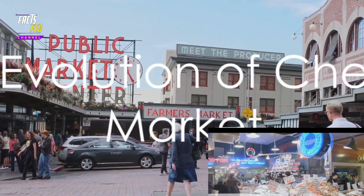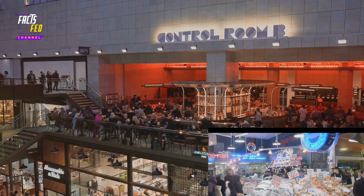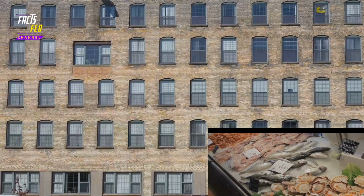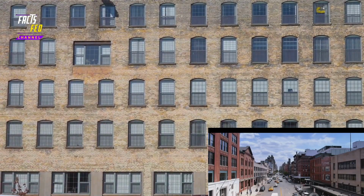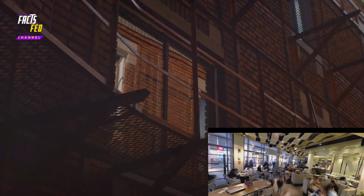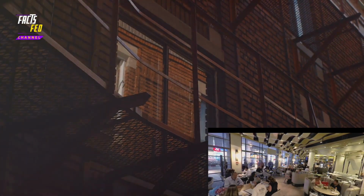In the 1890s, the building that now houses Chelsea Market was a bustling biscuit factory. But by 1997, it had become something entirely different. This transformation was no ordinary feat. The original National Biscuit Company, or Nabisco factory complex, was carefully renovated, preserving its historic architecture. Exposed brick walls and industrial ceilings still give a nod to its past, while housing a vibrant and eclectic mix